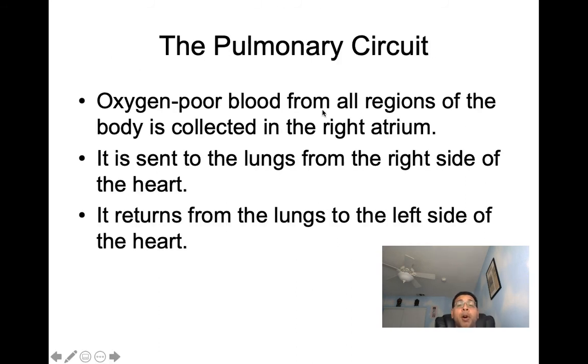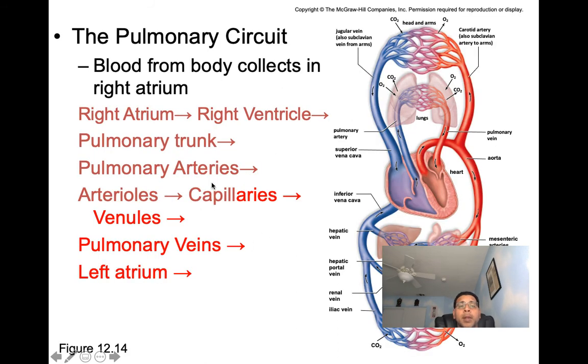When we talk about our pulmonary circuit, here we can see oxygen-poor blood from all regions of the body is collected in the right atrium. Then it's going to be sent to the lungs from the right side of the heart. It returns from the lungs to the left side of the heart. So here we can see the pulmonary circuit. Blood from the body collects in the right atrium, we said. The right atrium, more specifically speaking now, is going to send it to the right ventricle, which sends it to